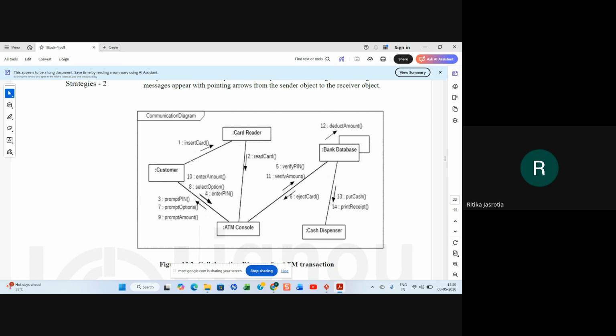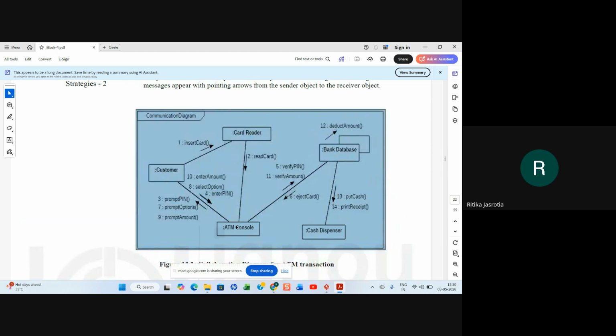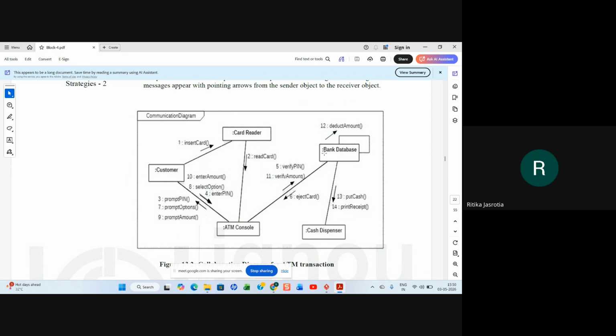The customer will enter the PIN to the ATM console. Fourth message, the ATM console will verify the PIN number from the bank database. If it is invalid, it will eject the card, right? If it is valid, it will prompt the user for the option.